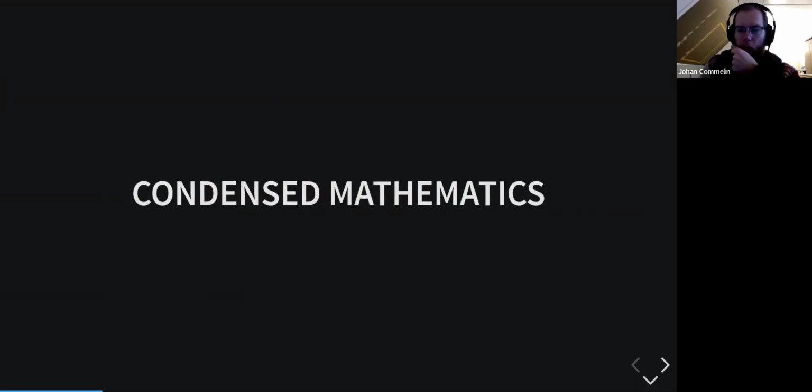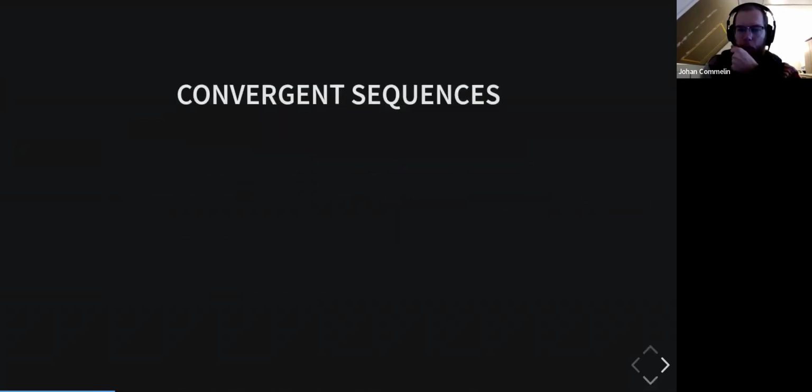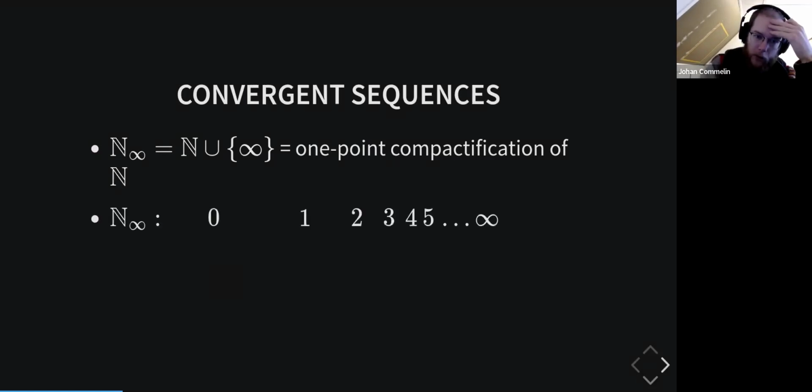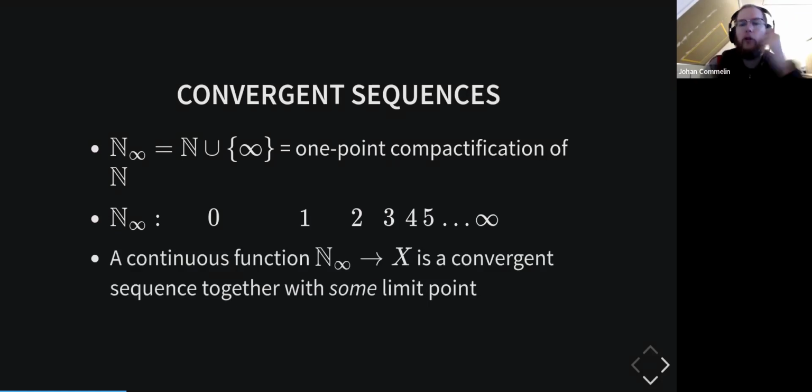So what exactly are we talking about? Well, let's start with a very basic example, and let's think about convergent sequences. So we define N∪{∞}, which is the one-point compactification of N. And so we can picture it as follows. So we have the number 0, and then a bit further away 1, and then a bit further away 2, and then closer and closer together we get 3, 4, 5, etc. up to infinity. And whenever we have a continuous function from N∪{∞} to, let's say, a metric space X,